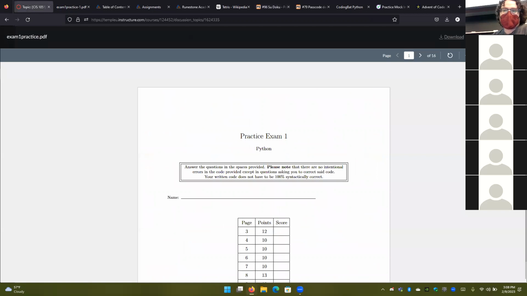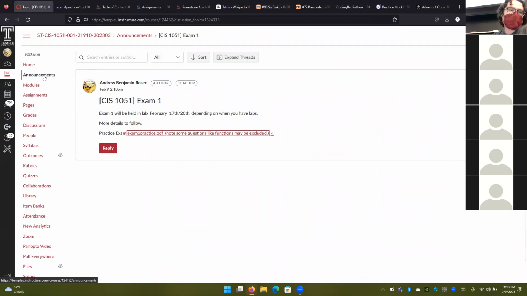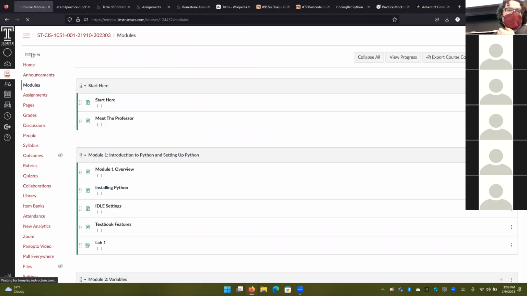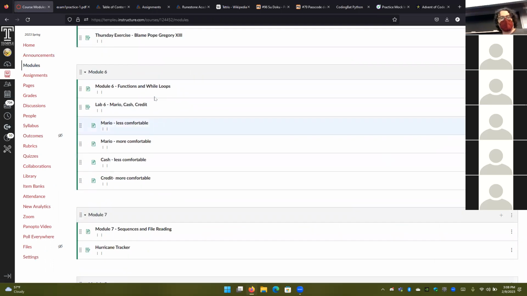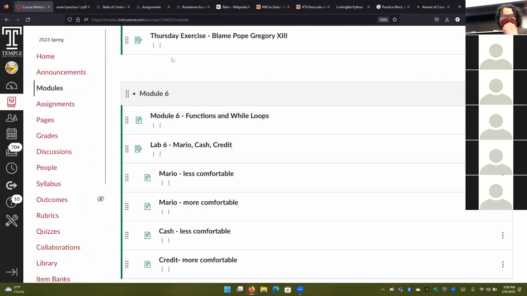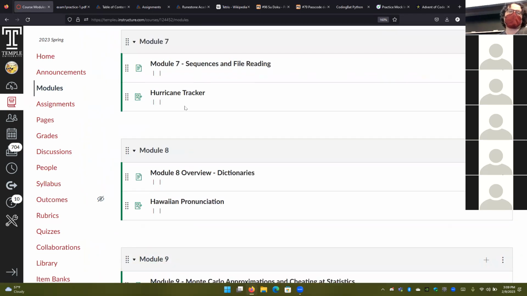So once we get to our exam, we're rapidly approaching the midway point of the semester. When we get there, first off you'll have lab 6, but then we'll have lab 7, which is the hurricane tracker. Hurricane tracker is where we put all the basics of programming together. We put together functions, the turtles that we use, for loops, if statements, and file reading.